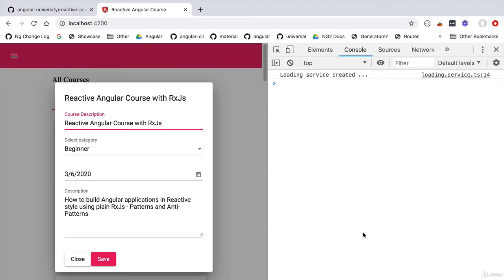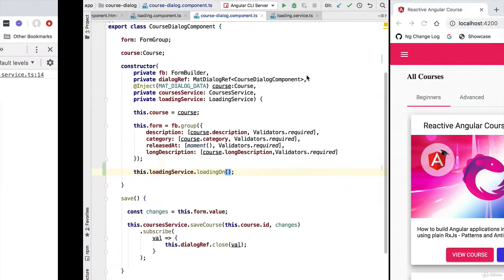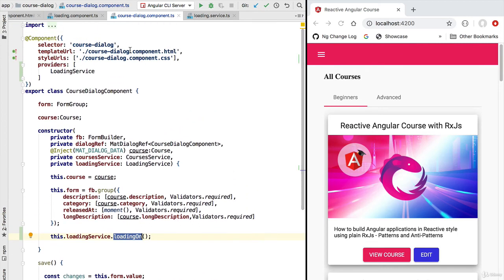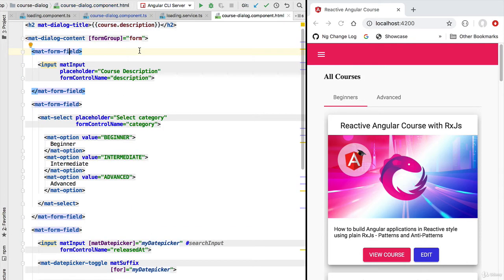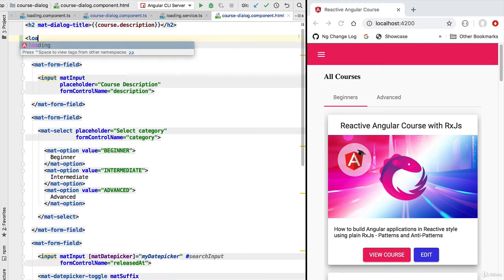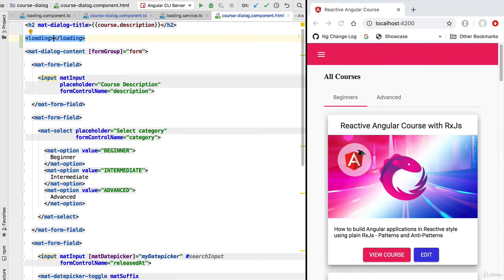In order for this instance of the loading service present at the level of the course dialog component to have any effect in our program, we need to connect it to a loading indicator instance. So what we're going to do here is go to the course dialog component template, and right below the title we're going to create a new loading indicator that is going to sit on top